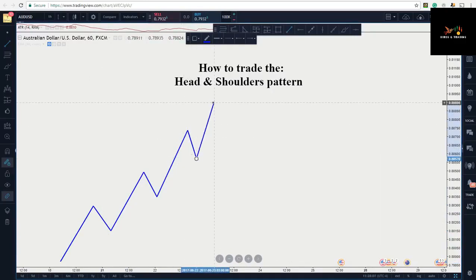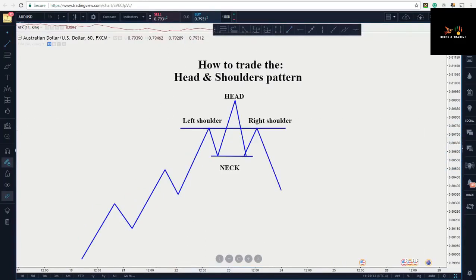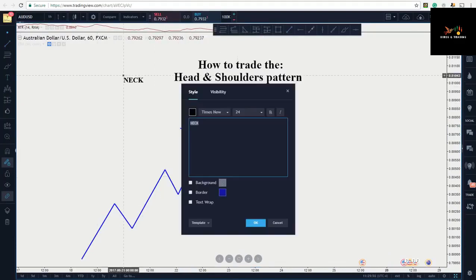Next up, we need a head. Coming from the beginning points of our neckline, we then get a head. Then a retest of the beginning points of that neckline, followed by our right shoulder, which comes up to retest that left shoulder. And that's exactly what we're looking for when it comes to these patterns, guys. And this type of pattern would be considered the standard